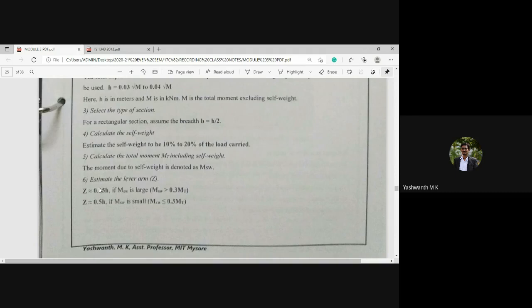Then you go ahead with this formula. If the same MSW is small, that is the ratio of MSW by MT is lesser than or equal to 0.3, then I'm going to use Z is equal to 0.5H. So this is the way you are going to calculate the lever arm in the section.